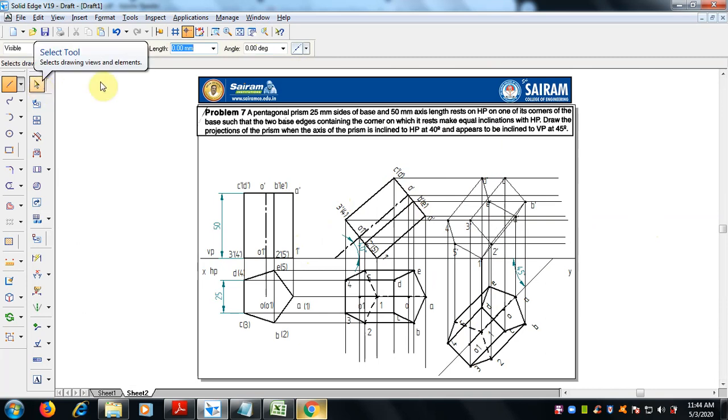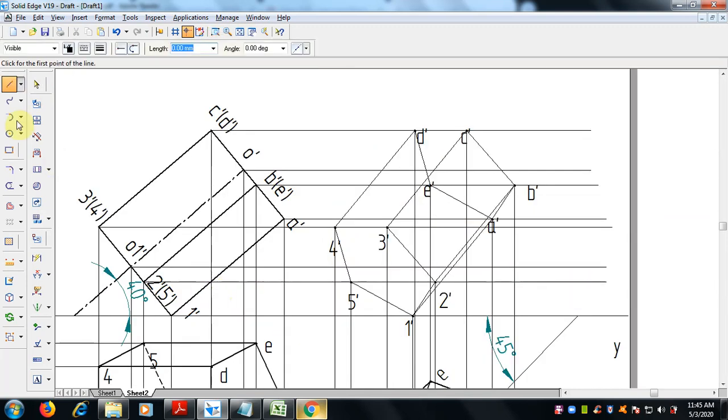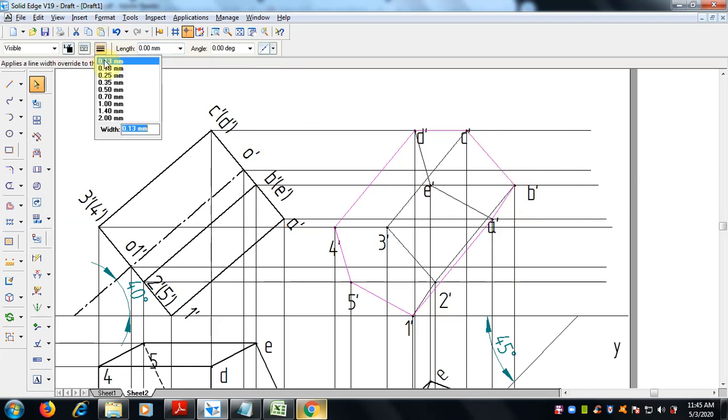As I said, select boundary, zoom it up. So select the lines which are outer, the maximum outer ones: CD, D to 4, 4 to 5, 5 to 1, 1 to A, okay, and A to B, B to C. So these are the visible edges.